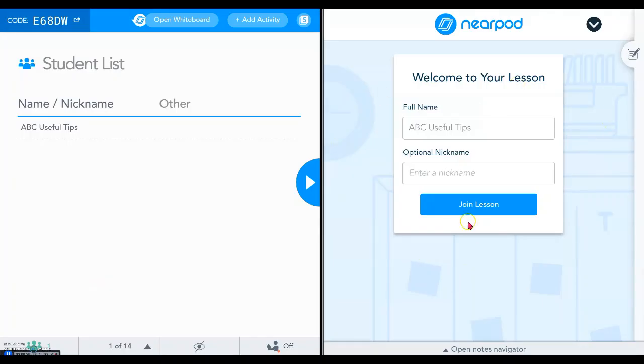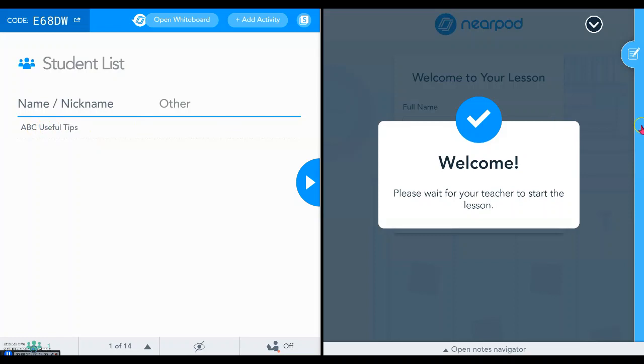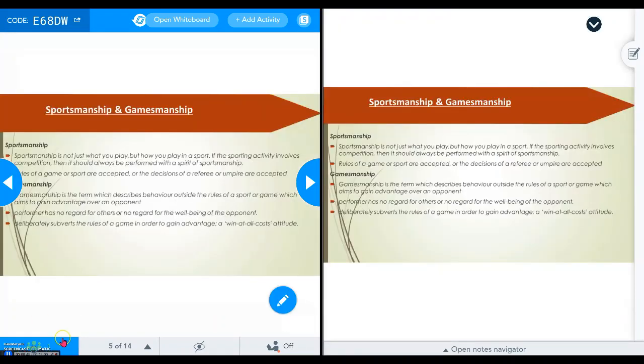Alright, after the student gets to sign in on this NearPod website, then the student's account will appear with their name there, and then you can start your lesson. So immediately, as you start by clicking the next page, you can start presenting a slide, and the student will see the same slide, and then you are in control. Once you click to the next slide,